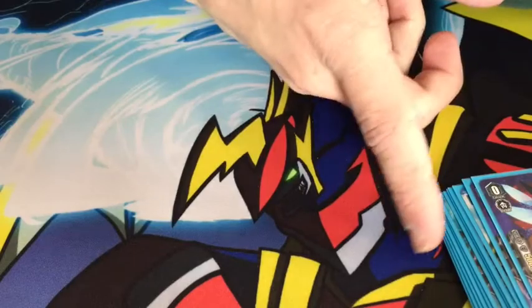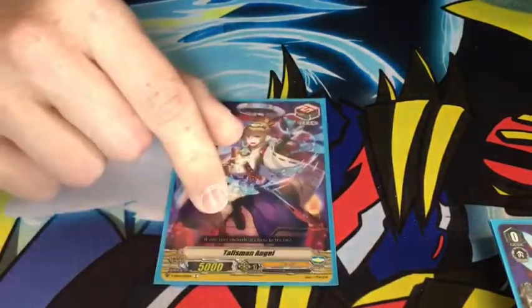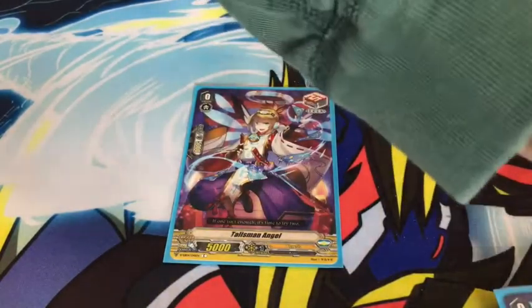we don't run a starter. We don't run the Artemis starter. Instead, our starter is Talisman Angel. That's right. We start on the draw trigger. Why do we start on the draw trigger? Because what always happens every time